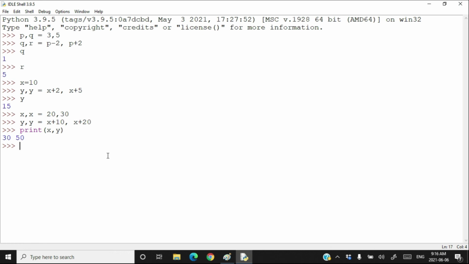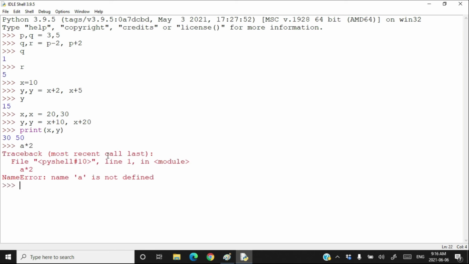And if I just type a multiplied by 2, I will get an error saying that name 'a' is not defined. To create the variable with name a, the only way is to assign a value to it. Now the variable a has been created. Then when you multiply something by that variable, it will work fine.